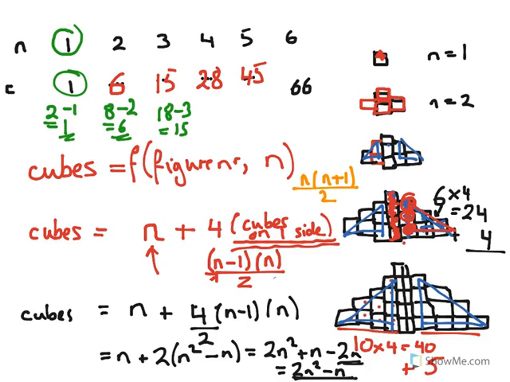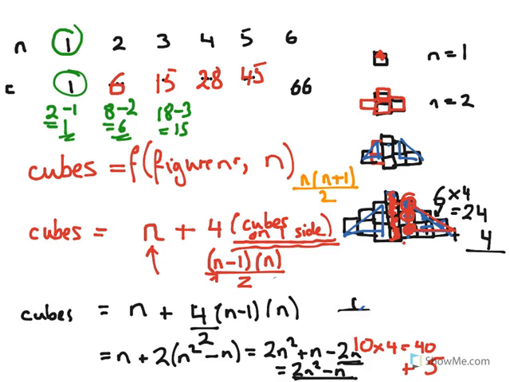So now we have an answer for our sequence, and the question would be, if we now had to answer the question, how many cubes in figure number 20? Let's just make a little bit of space here. If we had to work out number of cubes in figure number 20, it's quite easy to do using our formula. So if n equals 20, the number of cubes, c, equals 2n squared minus